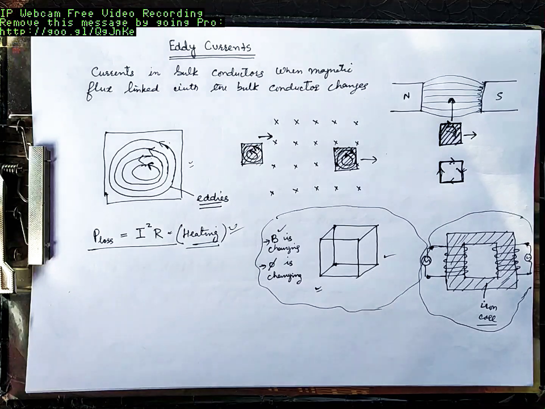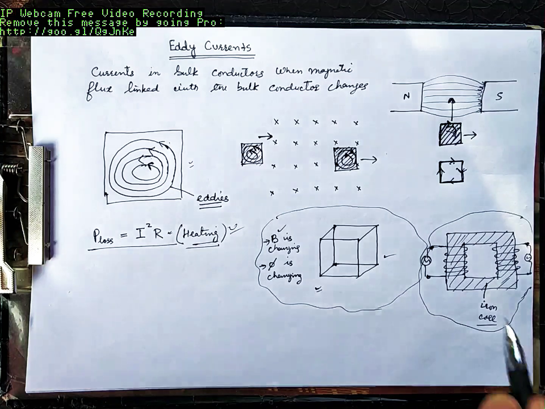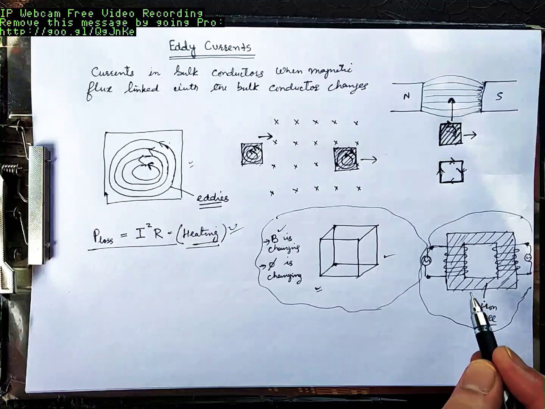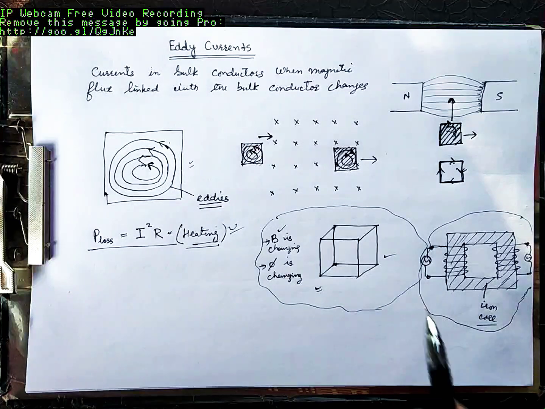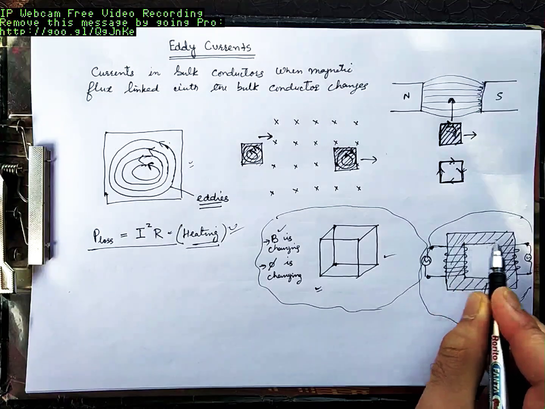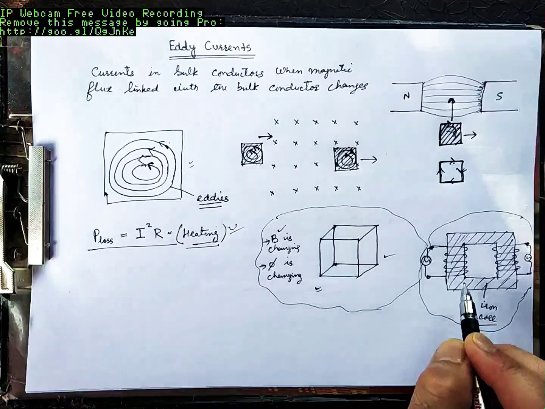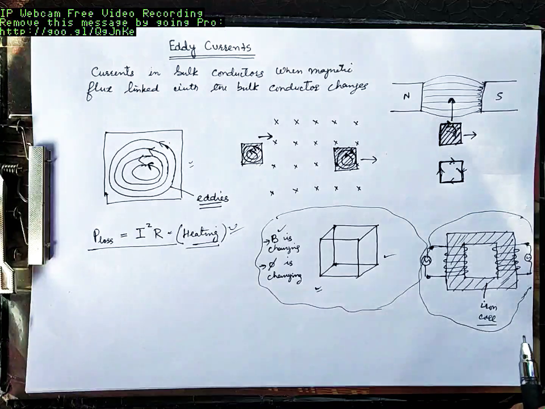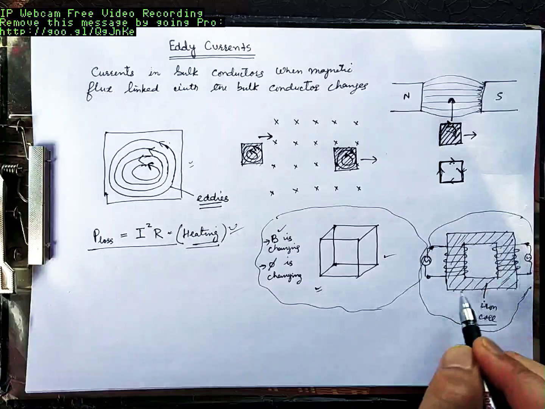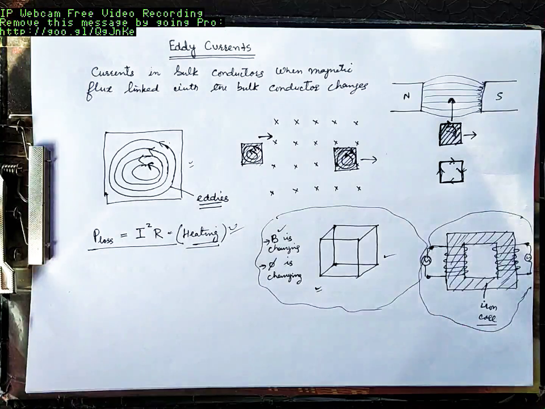But why does this happen? Why does this transformer get heated up? This gets heated up because of the eddy currents. So in this transformer, is eddy current desirable or undesirable? Obviously, we want that eddy current should not be in this. Because of eddy current, there is heat in the transformer. That is, you are wasting energy, and we do not want to waste energy.